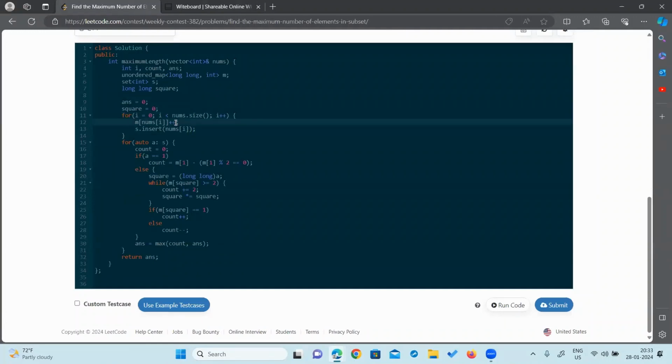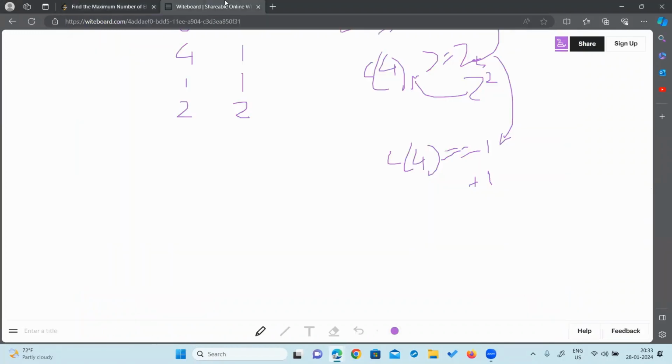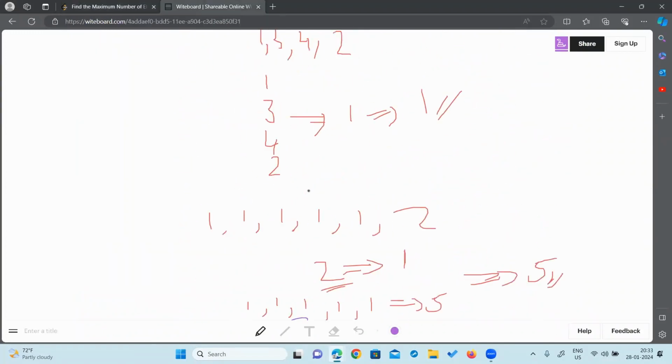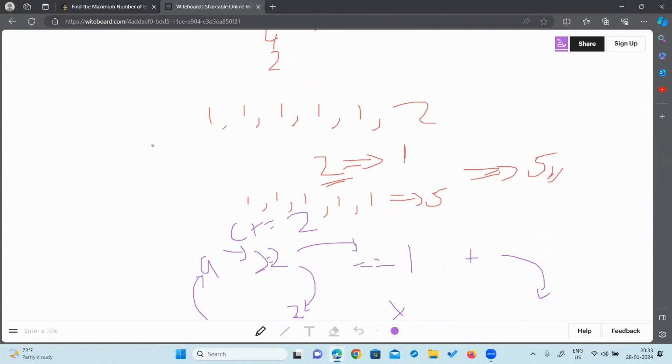First, we are creating the frequency table, and then we are inserting the elements into the set. Then for each element in the set, if it is 1, the problem with 1 is that 1 raised to any power will be 1 itself. So this while loop will be an infinite loop, so we can't consider it, because the frequency of 1 remains constant whatever you do. So for this, what we can do is, as we had discussed over here, we will